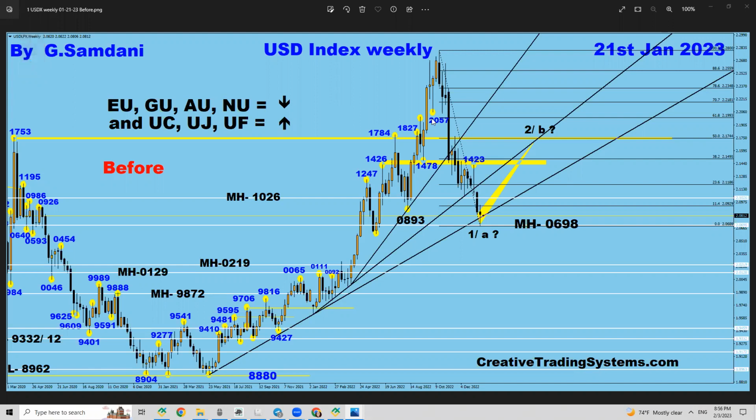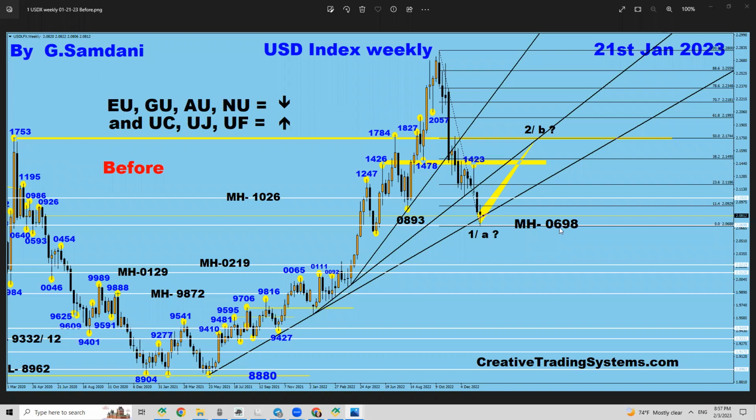Today is Friday, and we had NFP. On Wednesday, we had FOMC. So what really happened is that I made the US dollar index chart, and it was like here, that is